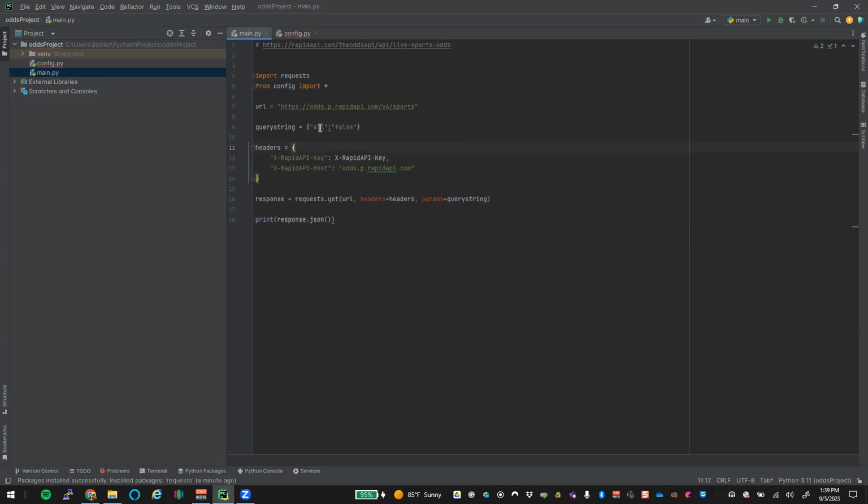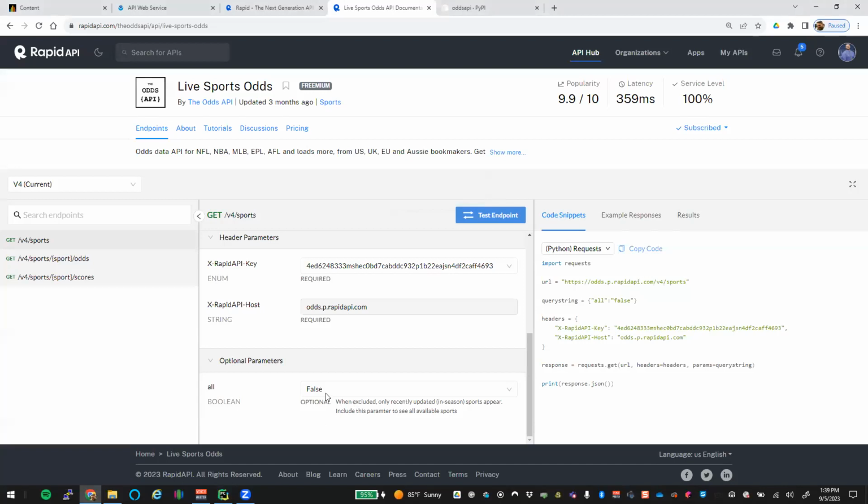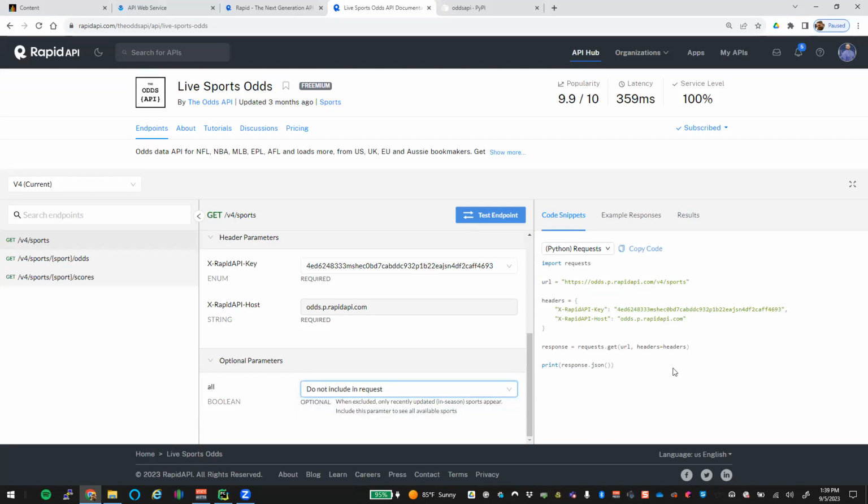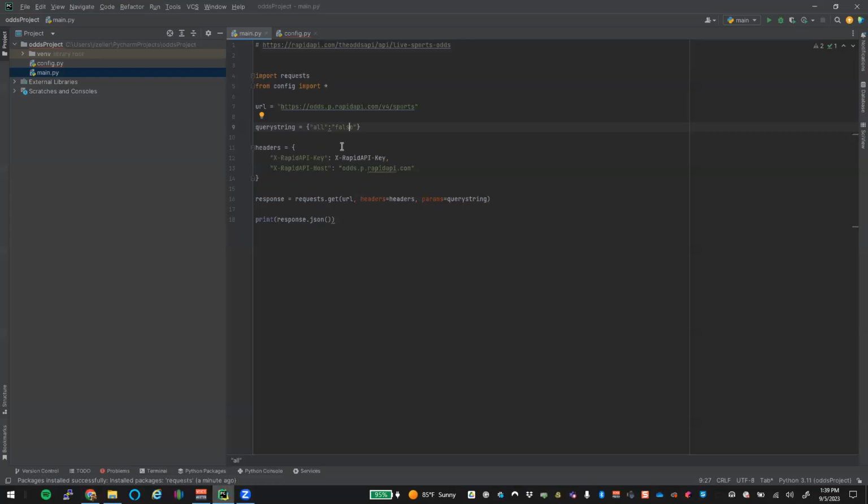All right, so we got a query string of all set to false. What this is doing is playing with this optional parameter. So when excluded, only recently updated in-season sports will appear, right? So if we say don't include, then it will not actually put it in our header, which is basically saying don't give us this. So for now, we're just going to exclude that. All right. Remember, when this comes back, it's going to give us some JSON content as a response. And then we got that data, which is going to print out in JSON format. All right. So if we execute this code,